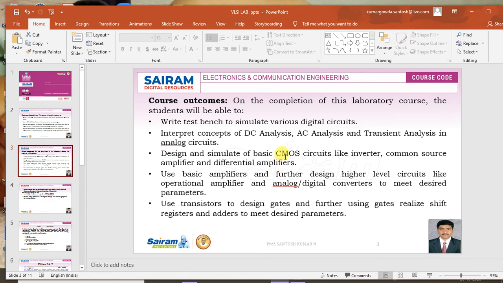Course outcome. On the completion of this laboratory course, students should be able to design a digital circuit using Verilog, and they should also be able to test it by writing test code or a test bench to simulate those digital circuits. They should also be able to design and simulate basic CMOS circuits like inverters, common source amplifiers, differential amplifiers, and also